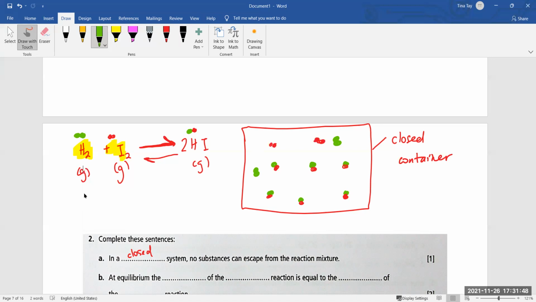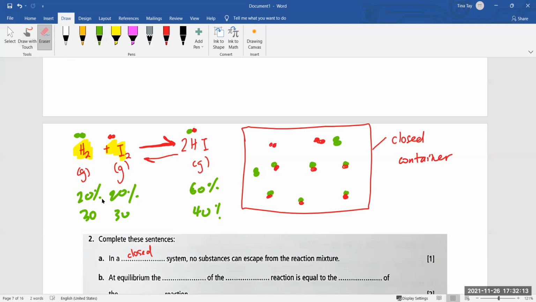So maybe you will have 20% of this, 20% of this, and then 60% of this, for example. Or it could be 30% of this, 30% of this, and 40% of this. Okay, we don't know what's the percentage, but basically it will reach a point where